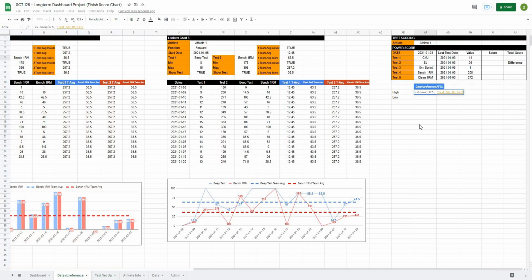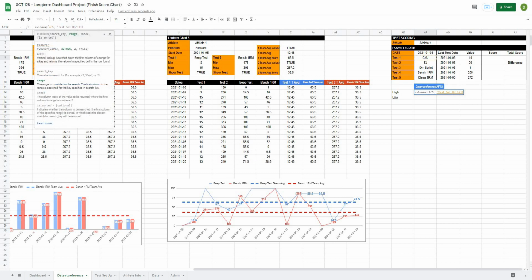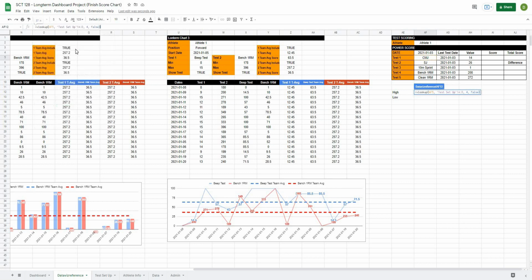So if I go back to my data viz reference and hit comma, it's going to ask me which column I want to return. We know column 4, and then we'll finish this off with false